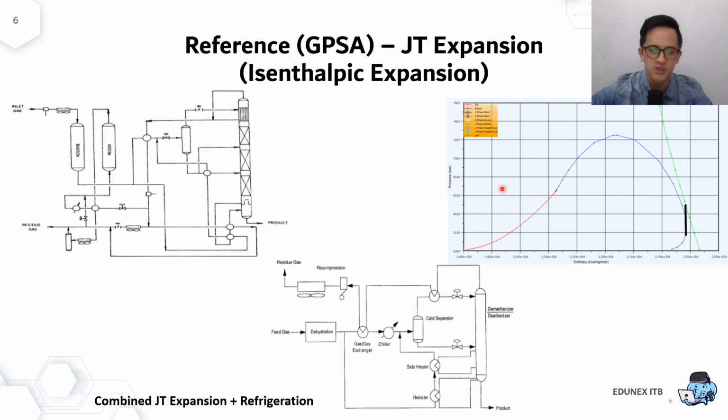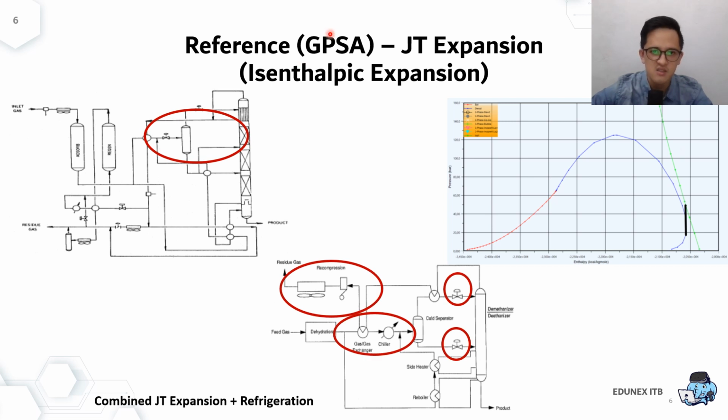The second main option will be the JT expansion, Joule-Thomson expansion. In thermodynamic terms, this is an isenthalpic expansion process. Okay, so in order to effectively use the JT process, usually there will be some limitation. The gas must be at high inlet pressure, maybe above 1000 psia in this kind of facility. So in our case, the pressure is still around 700 psia, so we have to first compress it above 1000 and then later expand it.